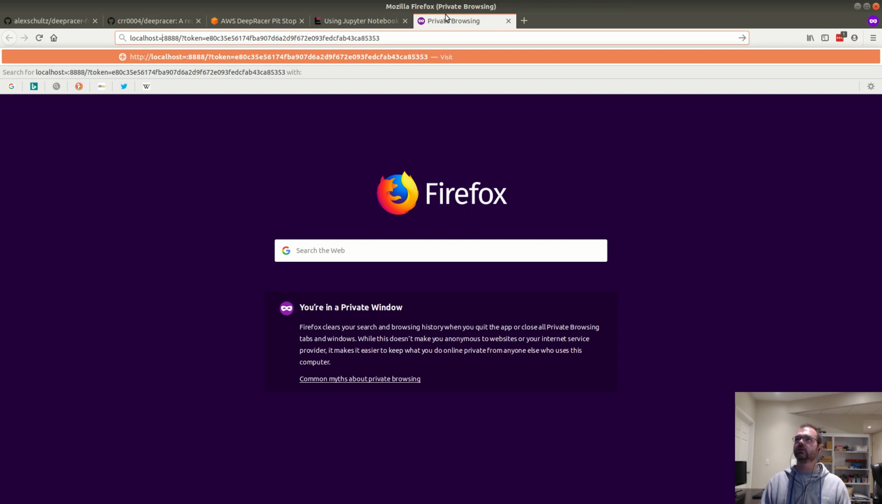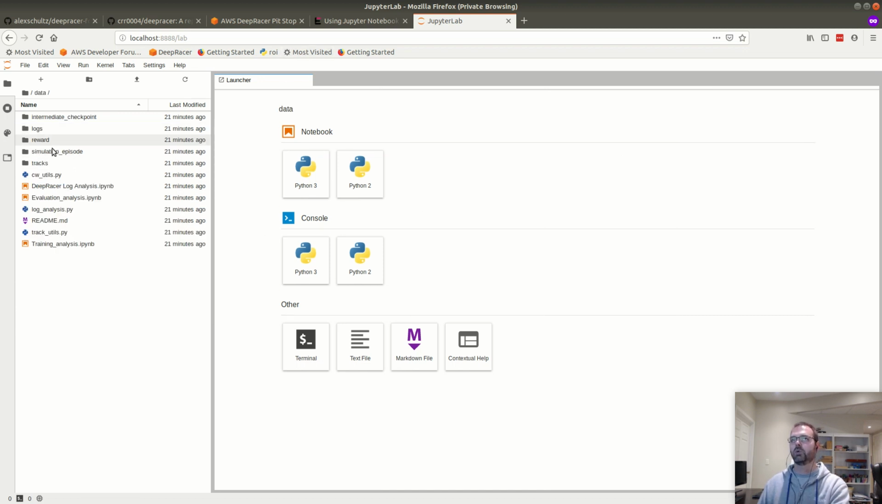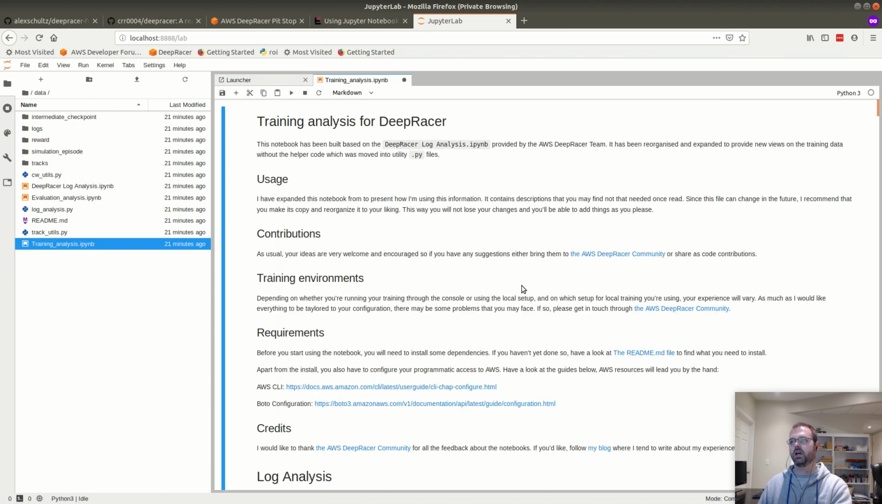And let's see. Once you paste in that URL, it's going to open up the web server on the container, and then you can get to all of the files that are part of that particular container. So this is Tomas's project, and in here there's a particular notebook that I always use when I do